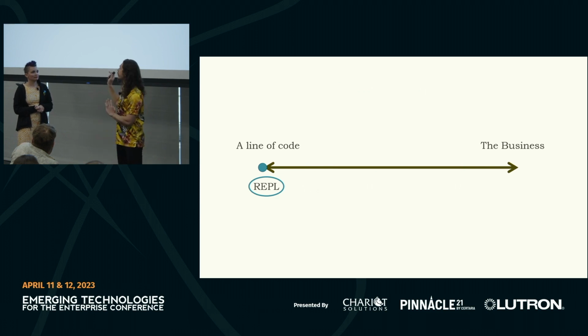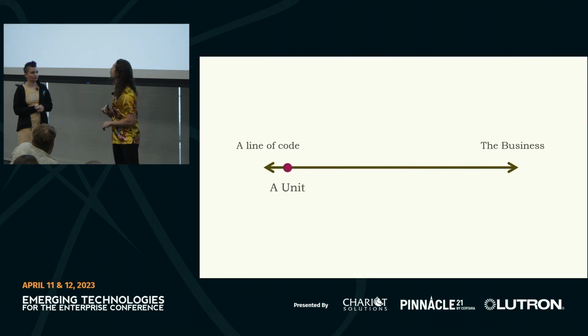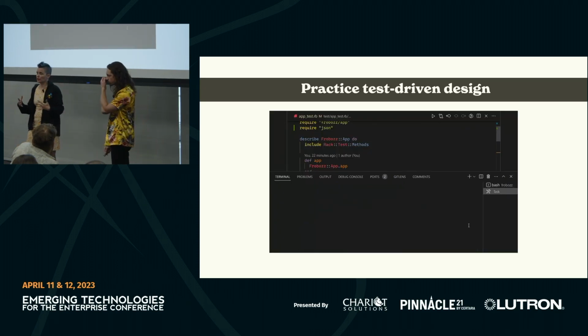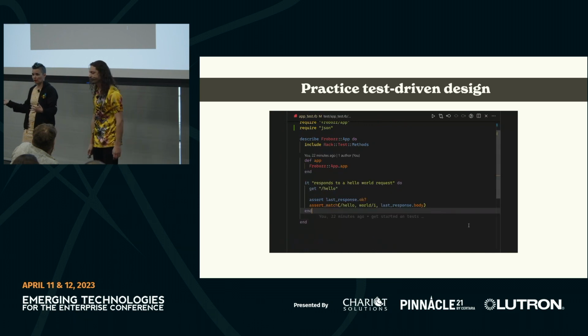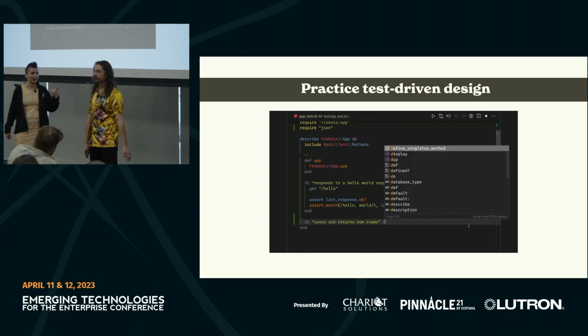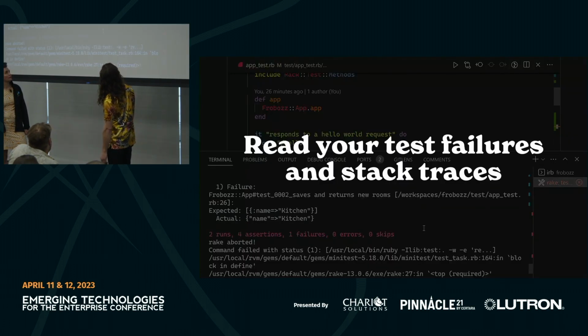So we know at the scope of a line of code, REPLs are great. Let's move up to a unit, as in unit test. We've talked about test-driven design already. So yes, unit tests are a way to explore a unit. It's bigger than a line of code. And also we like that we happen to get the artifacts for making checks later. Yeah. That's great. So, test-driven design.